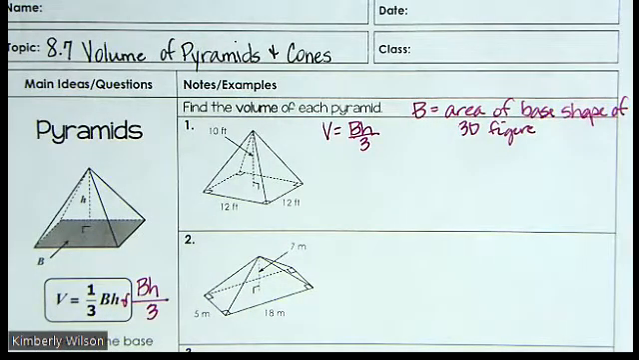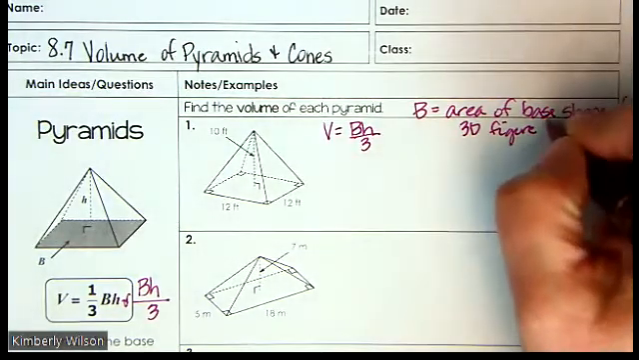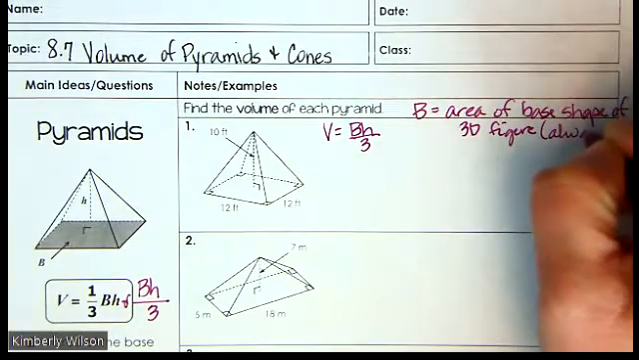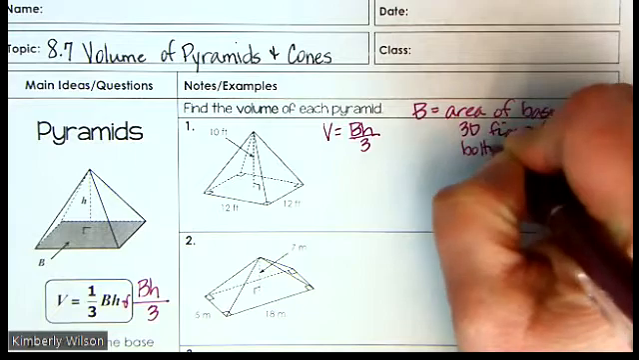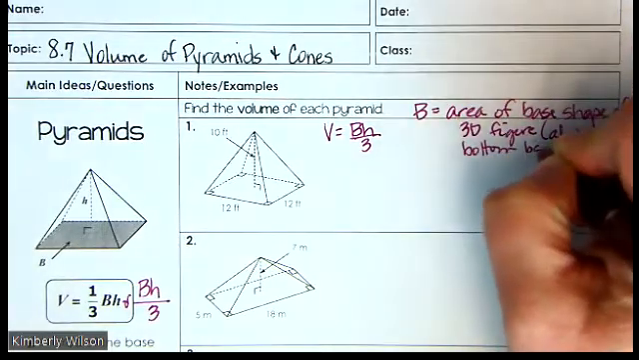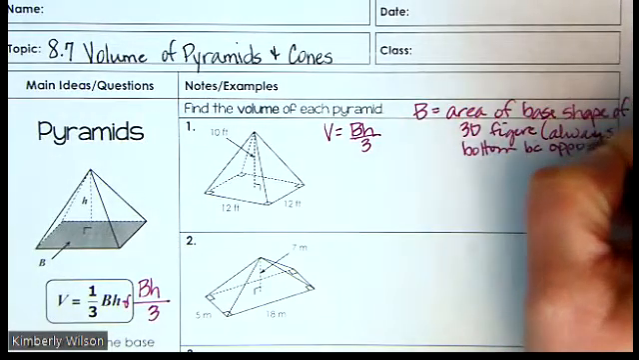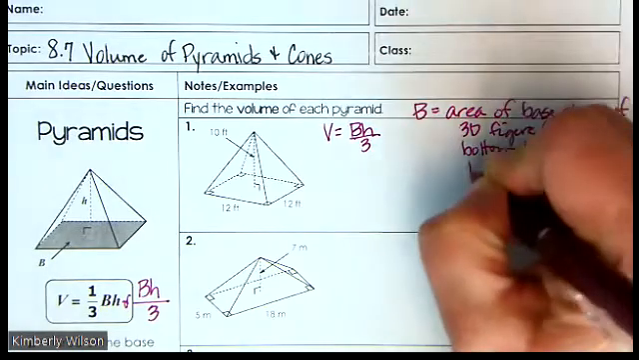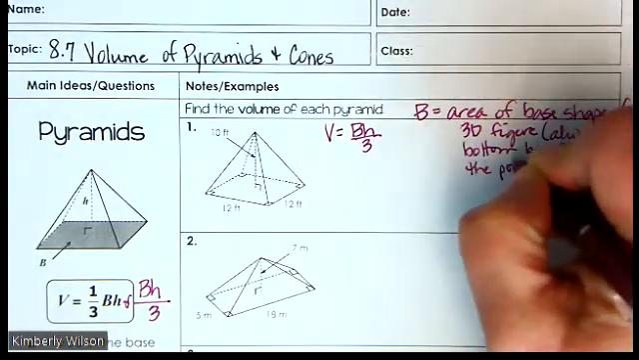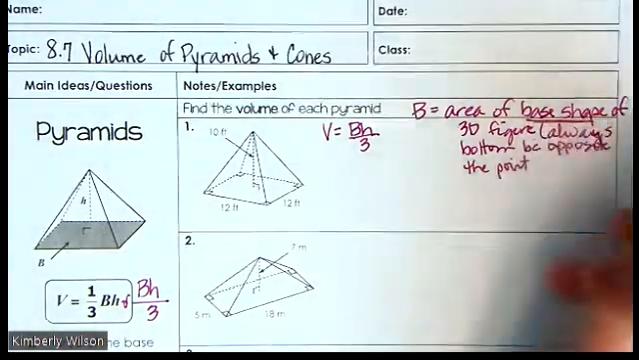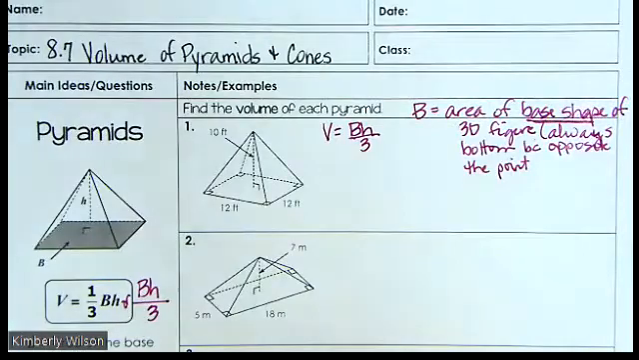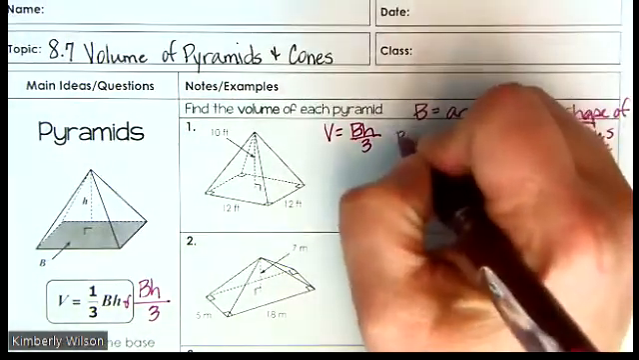The base is always going to be the bottom because it's opposite the point. So we could say always bottom because opposite the point. Okay. So the base shape is always the bottom because it's opposite the point in a pyramid and a cone. Okay, so here we go. So our base shape